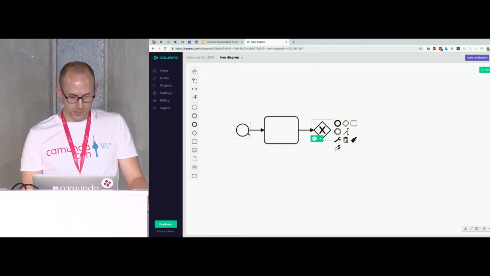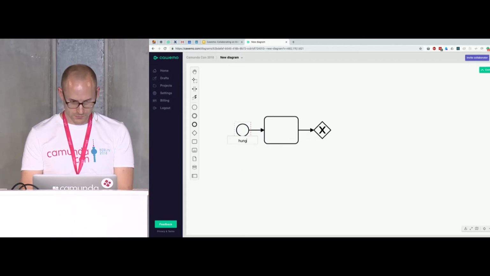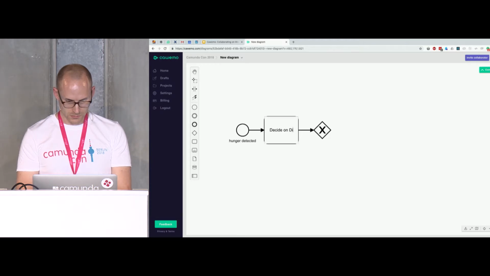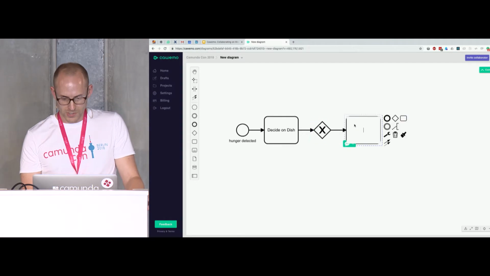Let's say we are talking about something to eat. So maybe we are just hungry. And then we decide on something to eat. And then we do something.